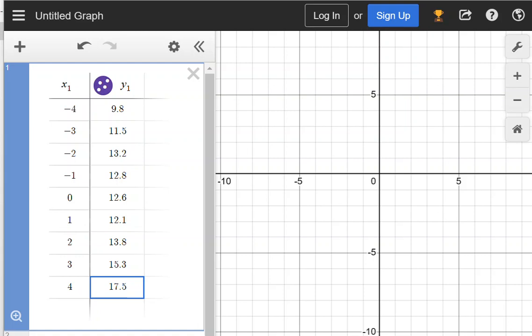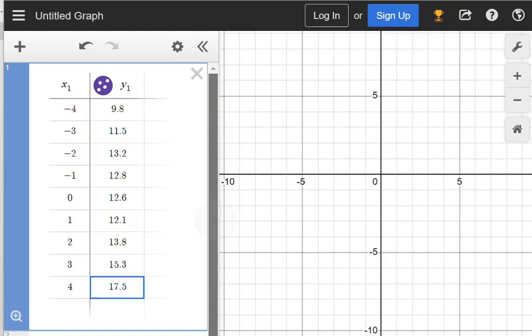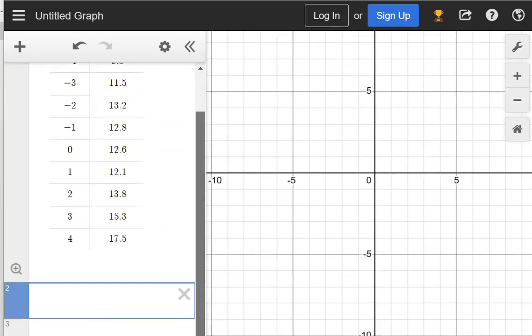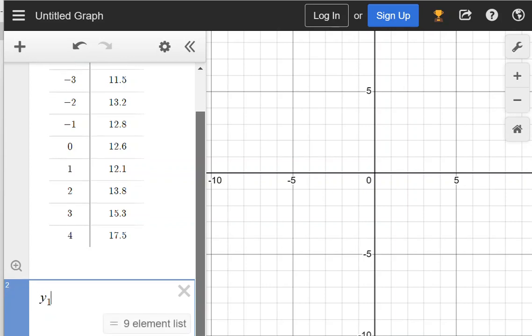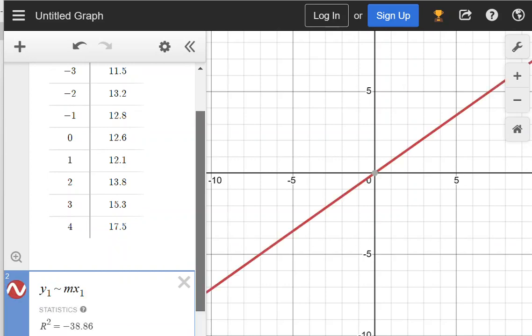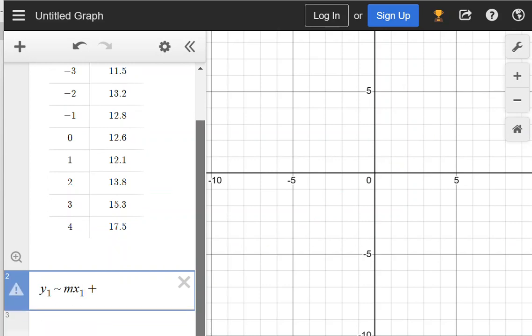So what we need to do next is to find the trend line. How do we do that? We go down here and plug in y1 tilde mx1 plus b. Some people call it c, but in my case, I'll call it b.